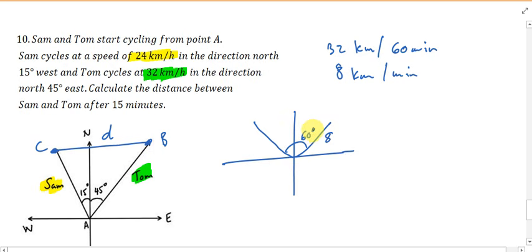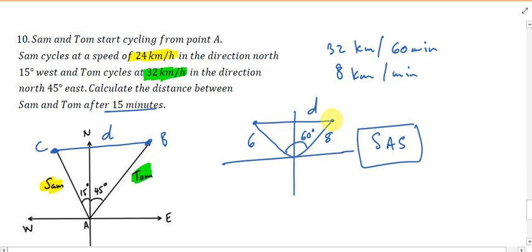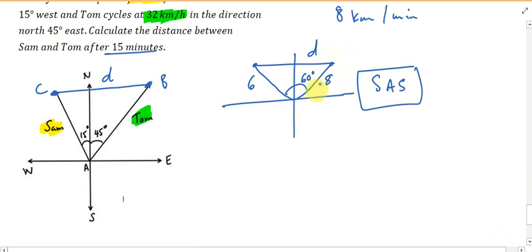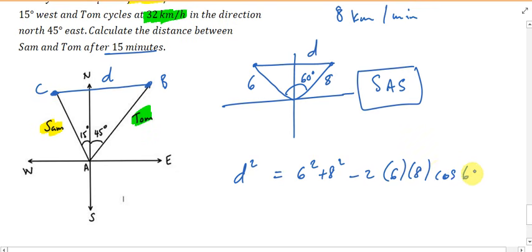Remember the angle between them is 60 degrees, and we're going to calculate the distance there, right? And A to C, which is Sam, which is 24 divided by 4, because after 15 minutes, 24 kilometers in 60 minutes divided by 4, we got 6 kilometers here. So to calculate the distance, remember the information that we have is side, angle, side, right? To calculate the distance between Sam and Tom after 15 minutes, we can use the cosine rule, which is d squared is equal to 6 squared plus 8 squared minus 2 into 6 into 8 cos of 60 degrees,